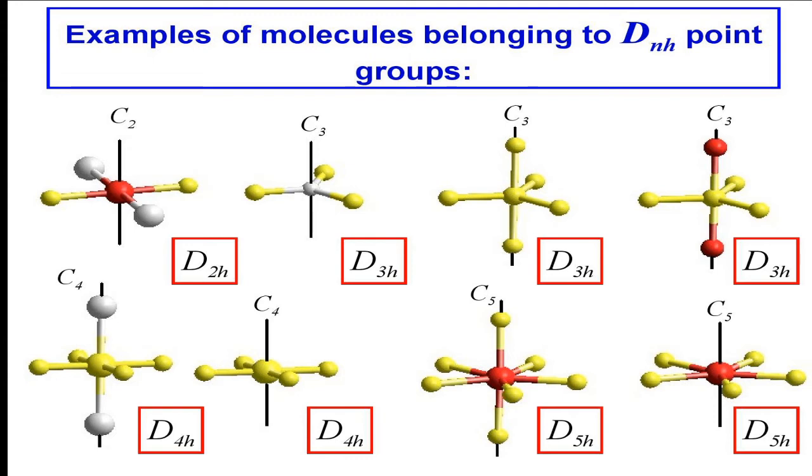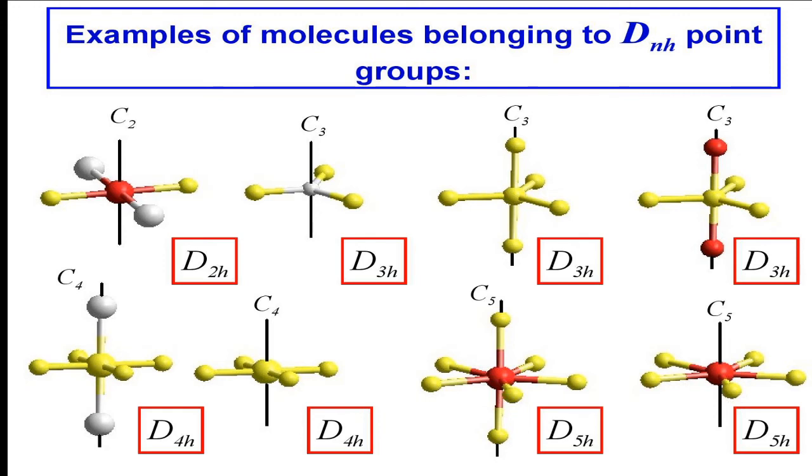For example, you see D3h here, trigonal bipyramidal. If the trigonal bipyramidal molecule has all the same atoms, for example PCl5, it comes under D3h. If the two axial atoms are different but the axis contains the same atoms, then also D3h. Then all the octahedral molecules, square planar molecules, and pentagonal bipyramidal molecules come under this Dnh